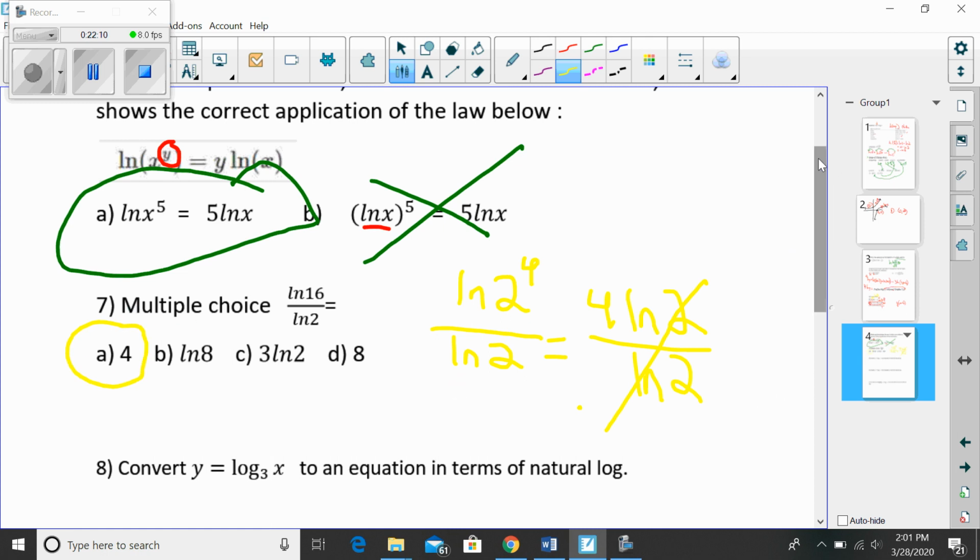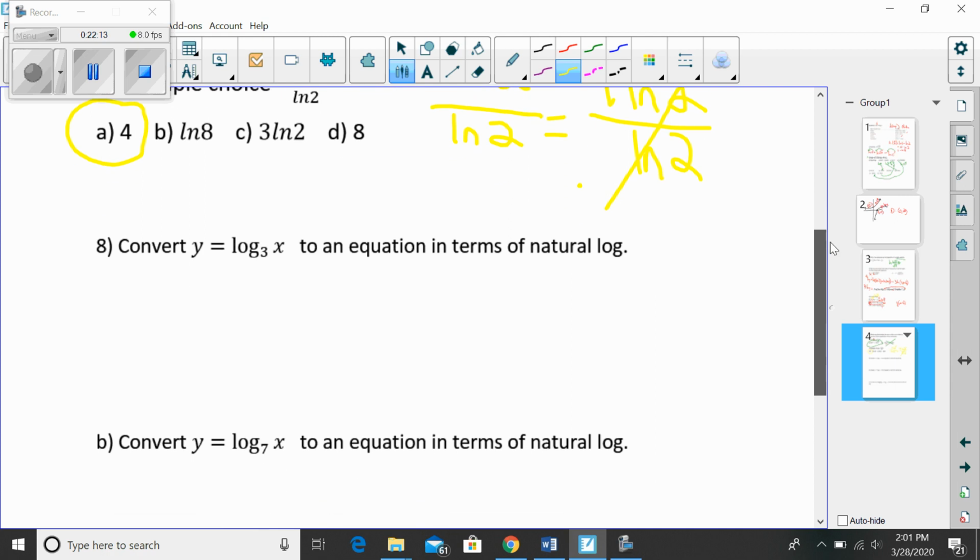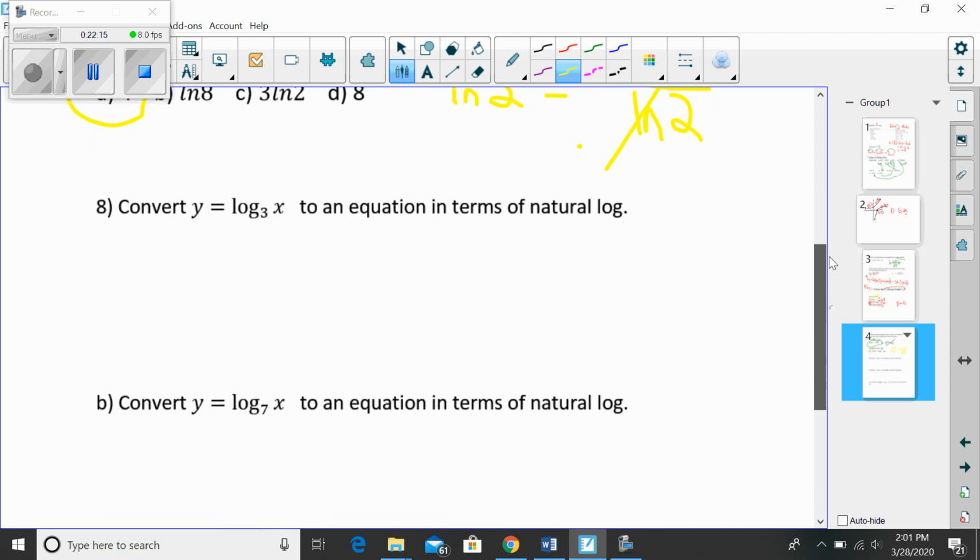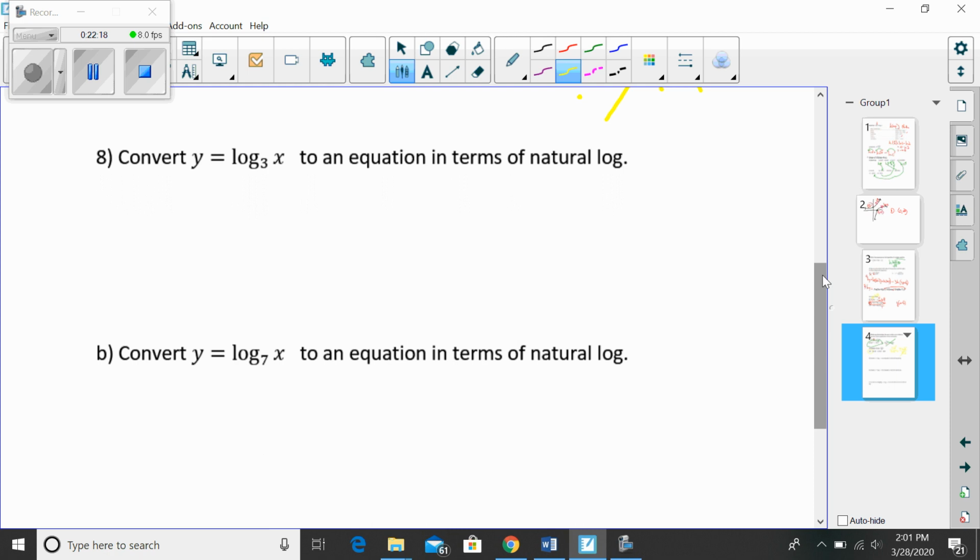Okay, so one more thing that we've got to do today. We've got to convert, because you're going to find in calculus that it's much nicer to work with natural log than it is log to any base. So what if I decided that I want to change this in terms of natural log, because I like natural log better? And it is better. It's easier to work with. So if that were the case, I would take this and write this as